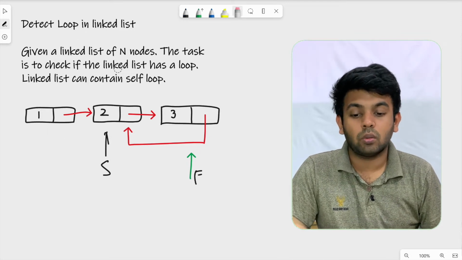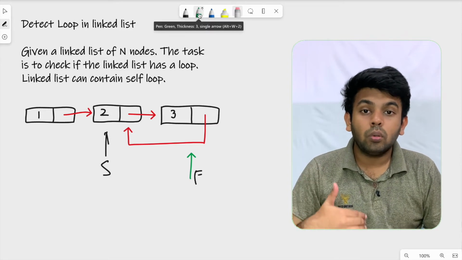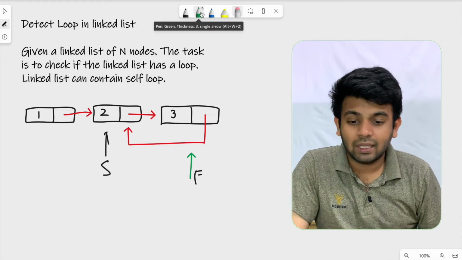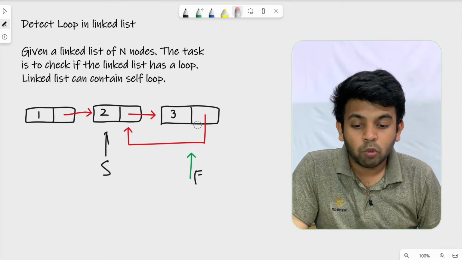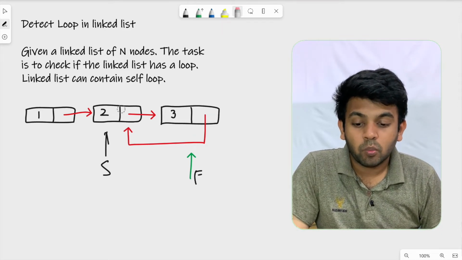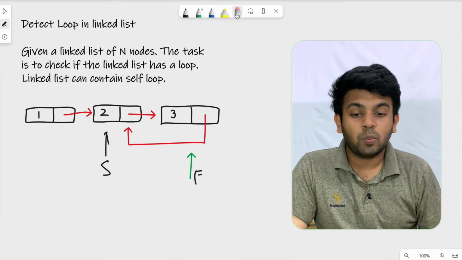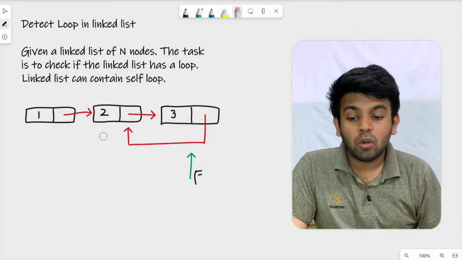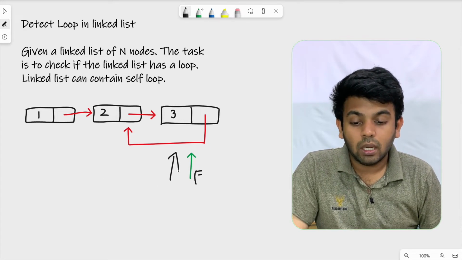Fast pointer is at node 3 and slow pointer is at node 2. Now these two are going to do the same again. For the next iteration, fast pointer would move twice, right? So if it moves once, it would be at 2. If it moves again, it would be at 3 again, right? So fast pointer is currently at 3 and slow is moving once, and slow would also be at 3 now,